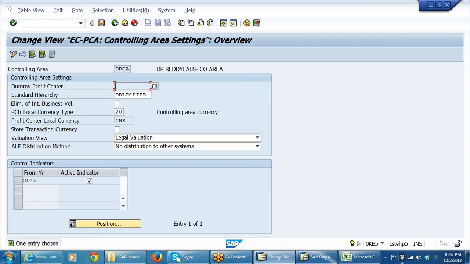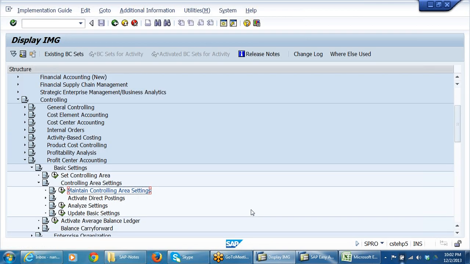And dummy profit center, here dummy profit center is there. We'll see this later because this is blank. Once we create a dummy profit center, it will come and sit here. And what is the purpose of the dummy profit center? So dummy profit center is nothing but